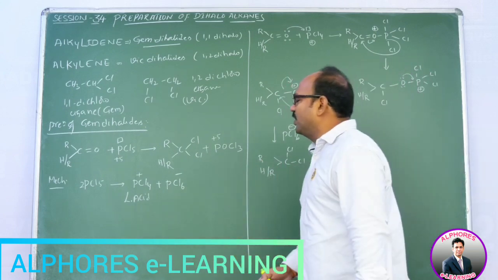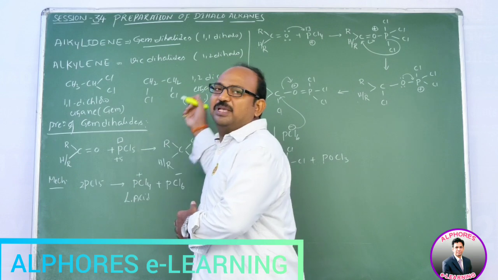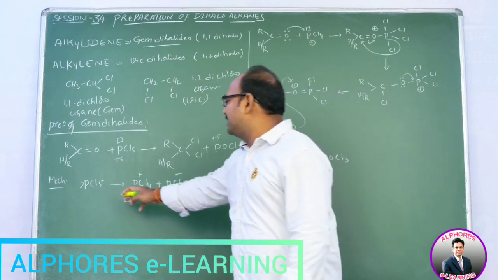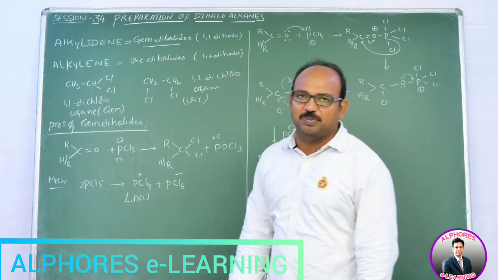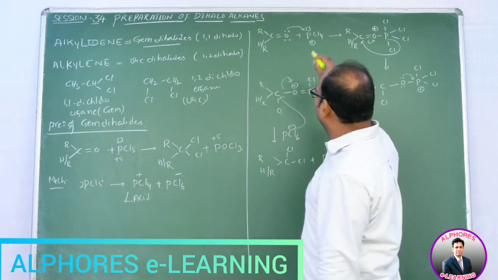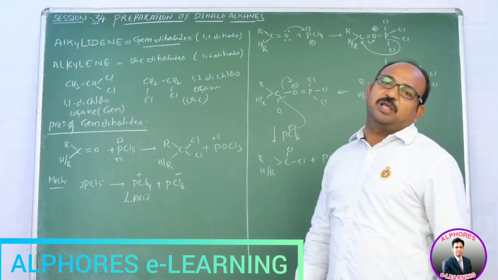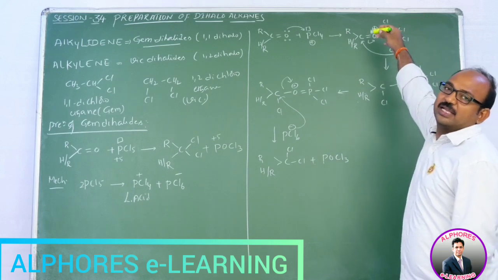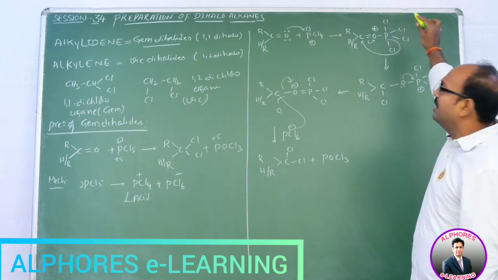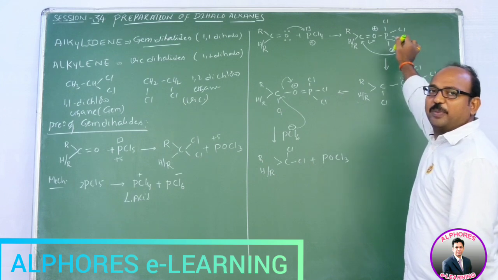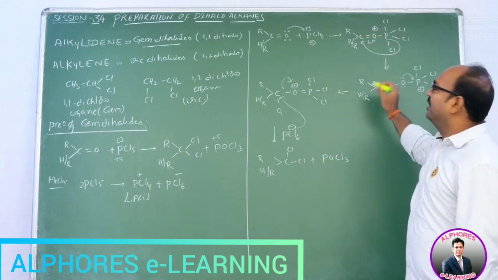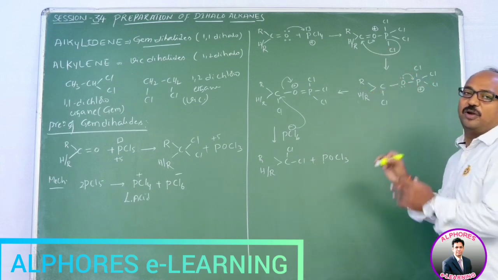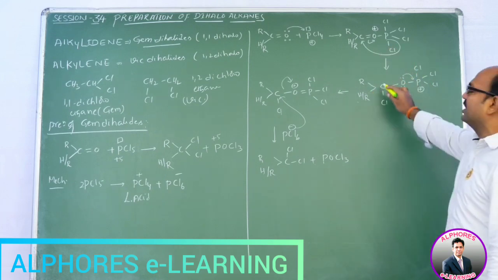And the mechanism, if you observe PCl5, directly we can take PCl5 and explain, but instead of that this mechanism is more suitable. PCl5 dissociates as PCl4 plus and PCl6 minus, and that PCl4 plus is going to accept an electron pair from the carbonyl group oxygen and it bears positive charge. Then migration of pi bond electrons towards oxygen and migration of Cl along with electron pair from phosphorus to carbon happens. Between carbon and oxygen, earlier it was a double bond, right now it becomes a single bond, and this carbon is attached to one chlorine.